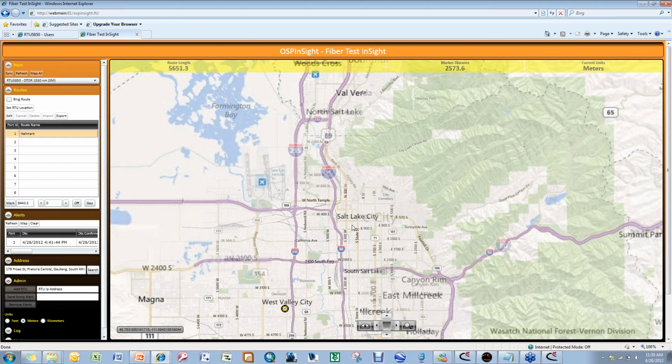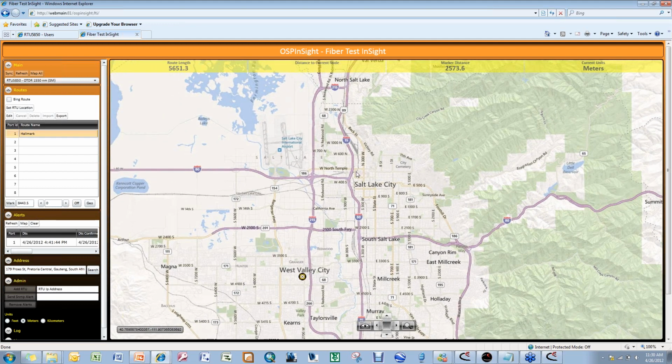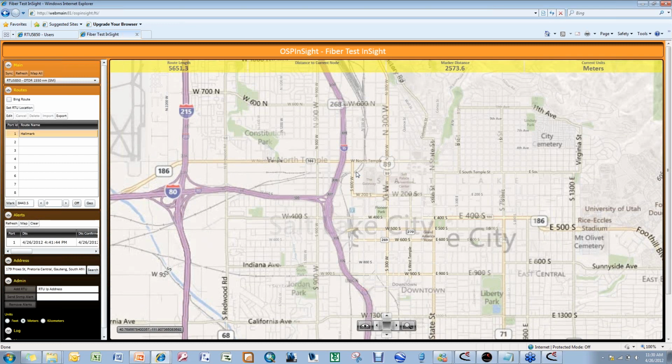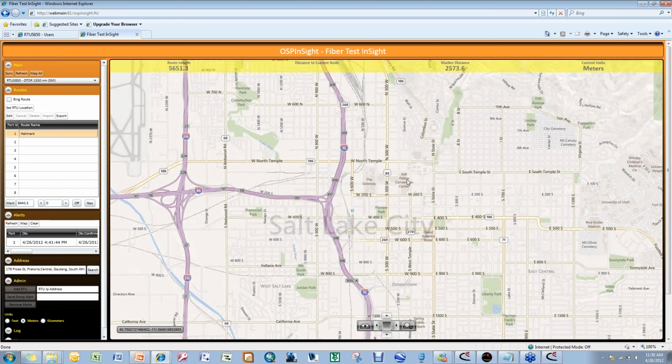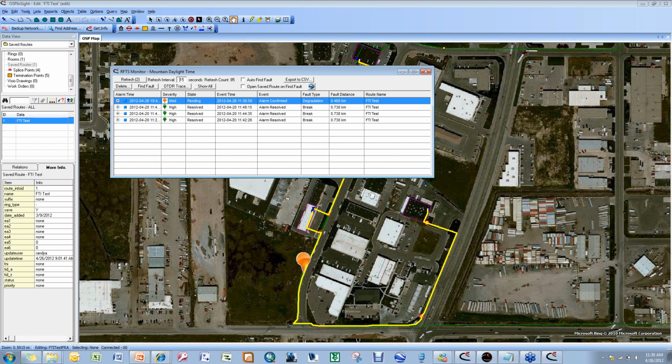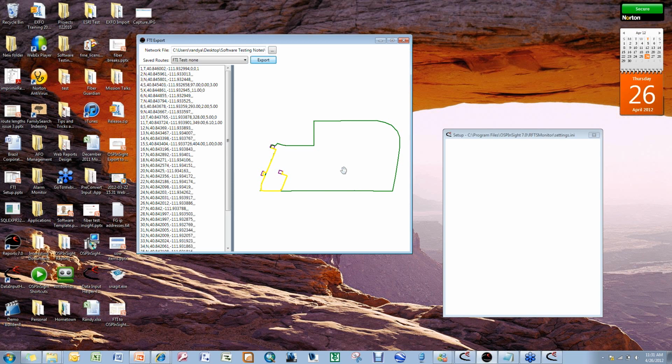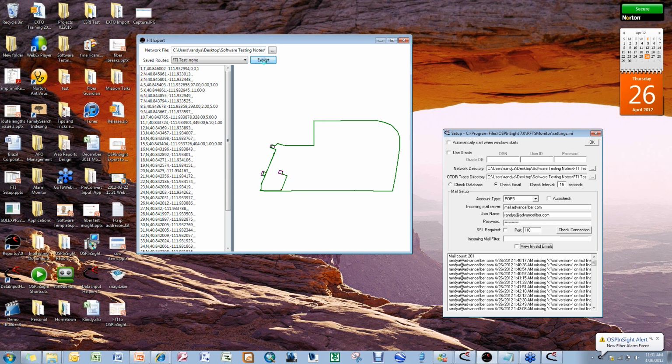Another thing that we've been working on is, what if we have an OSP Insight user who's already put in the investment with OSP Insight and they want to use Fiber Test Insight? Well, what we've done is we've created an application where I can come in here and I'm linked to this. I can open up the network that I'm working on and I can simply export that route. So I'm going to export that saved route,